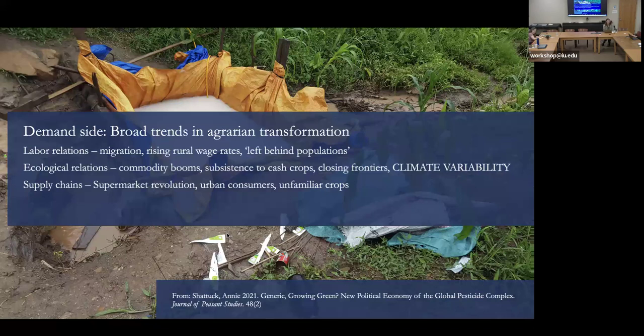Changes in supply chains for consumers, supermarketization in middle-income countries and lower middle-income countries. If you are a supplier for supermarket chains that supply domestically, like Walmart Nicaragua, you're gonna have cosmetic standards. You may or may not have minimum residue level testing, right? So if you are gonna meet those contracts, you have to make your produce pretty, right? The MRL testing for exports is generally more stringent than for domestic markets. And there's been a fair amount of research looking at what's consumed domestically within Thailand, for example, has much higher residue levels than what goes out of Thailand. My colleague Ryan Galt found the same thing in Costa Rica. Unfamiliar crops, right? So massive amounts of agrarian change since 2008 with the global financial crisis, the global food crisis,